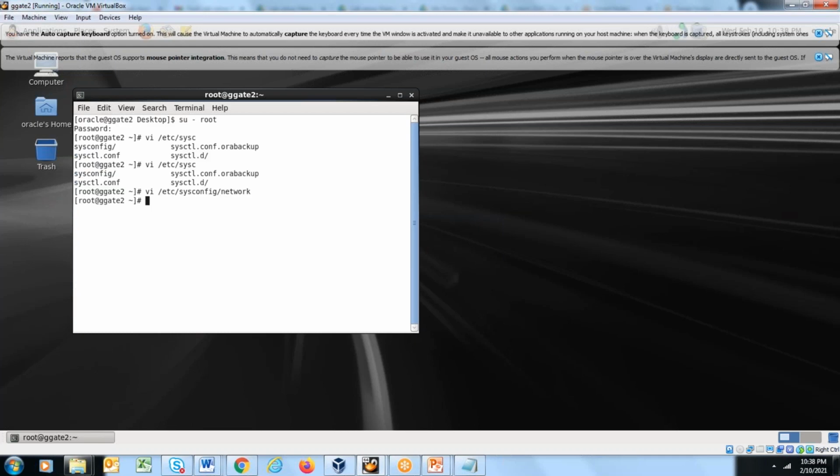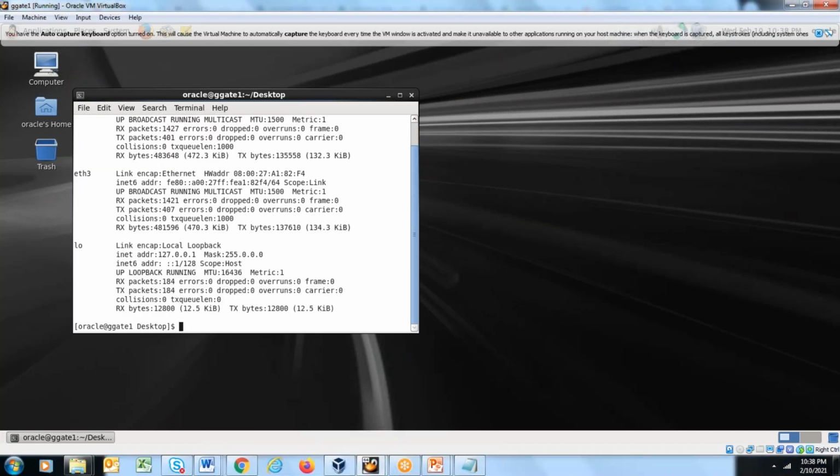How do you restart your VM? You do init 6. Init 0 shuts down the VM, so you can only run it through root. So init 0 shuts down the VM, init 6 restarts the VM. Okay, you need to do init 6. Once you have done that, your gget1 and gget2 is ready.